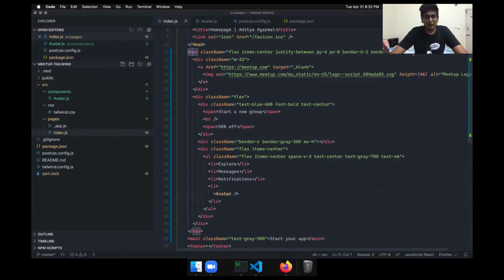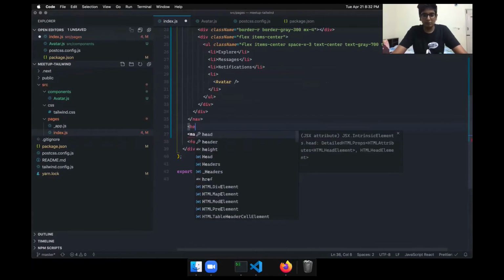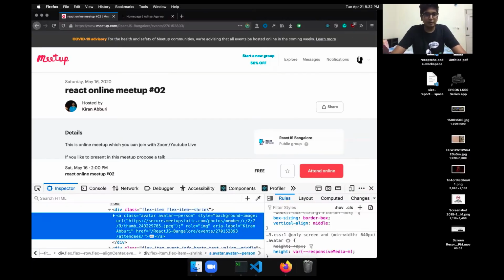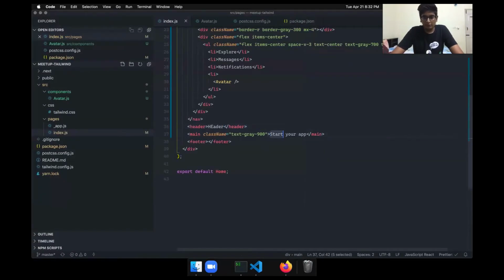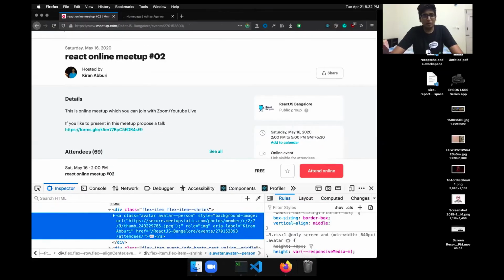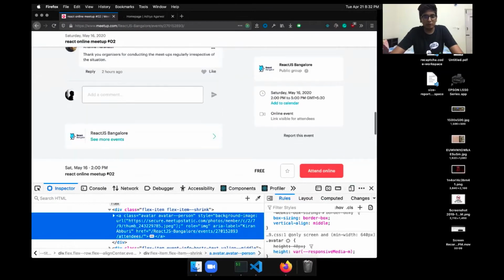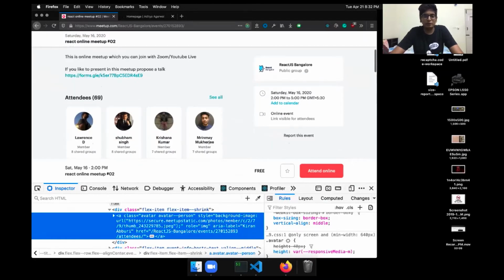So now this was a nav thing, and then this feels like a header. So I'll just keep a header here to work on it later. Header. And yeah, now we have our main section. In the main section, as you can see, there are two columns, and I think for this also we can just use flex.